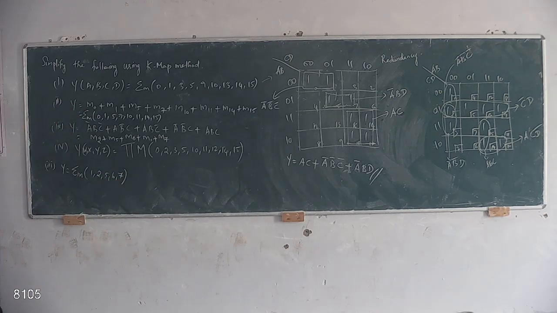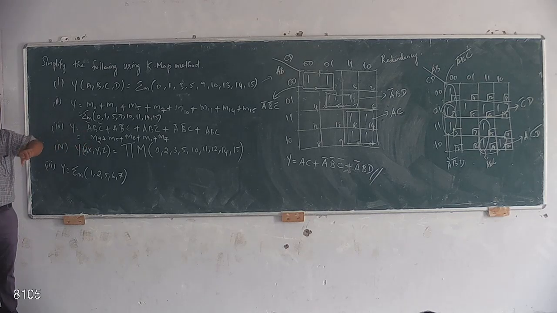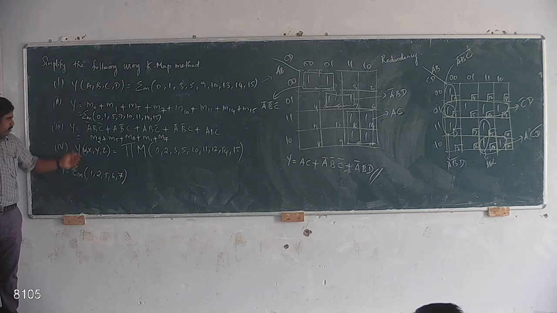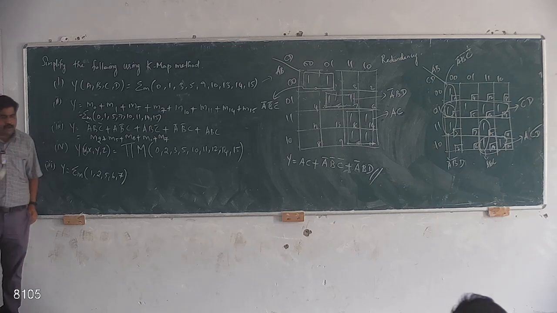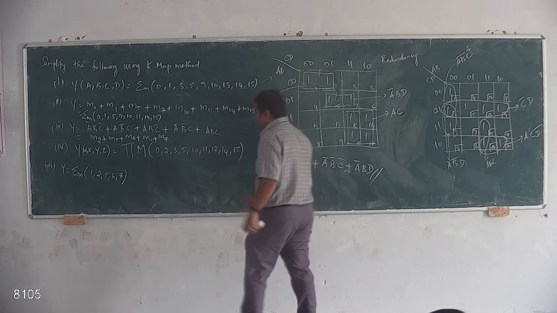Is it clear? Any doubt on this? If you have any doubt, you ask me how I have converted this. From the problem I have converted this one into the equivalent min-term format. From the min term, I have found the equivalent decimal values. Now from the problem itself, we can identify that it is a 3 variable problem, so you can go with the 3 variable K-map itself. Already you know how to draw it. So how can we draw the 3 variable K-map?